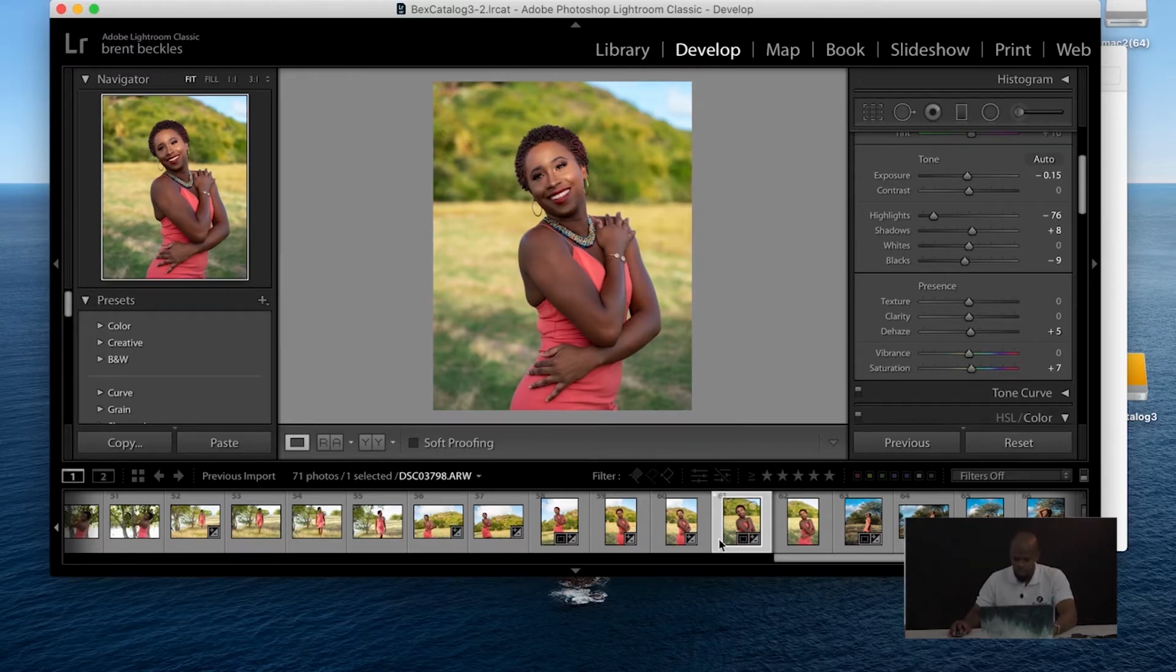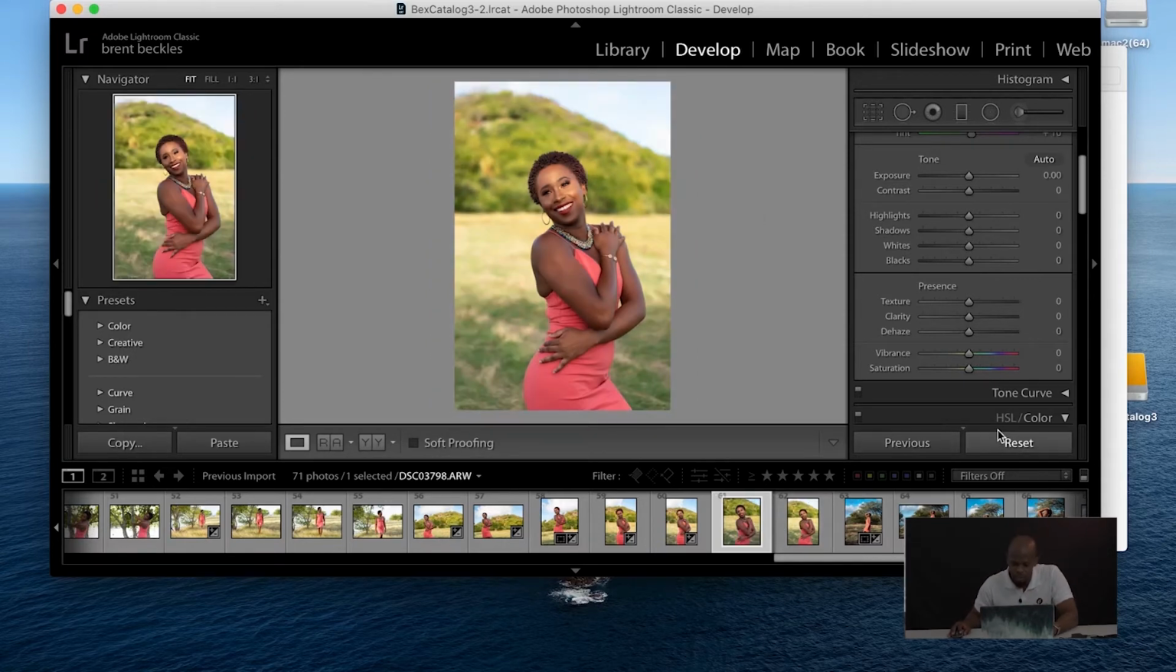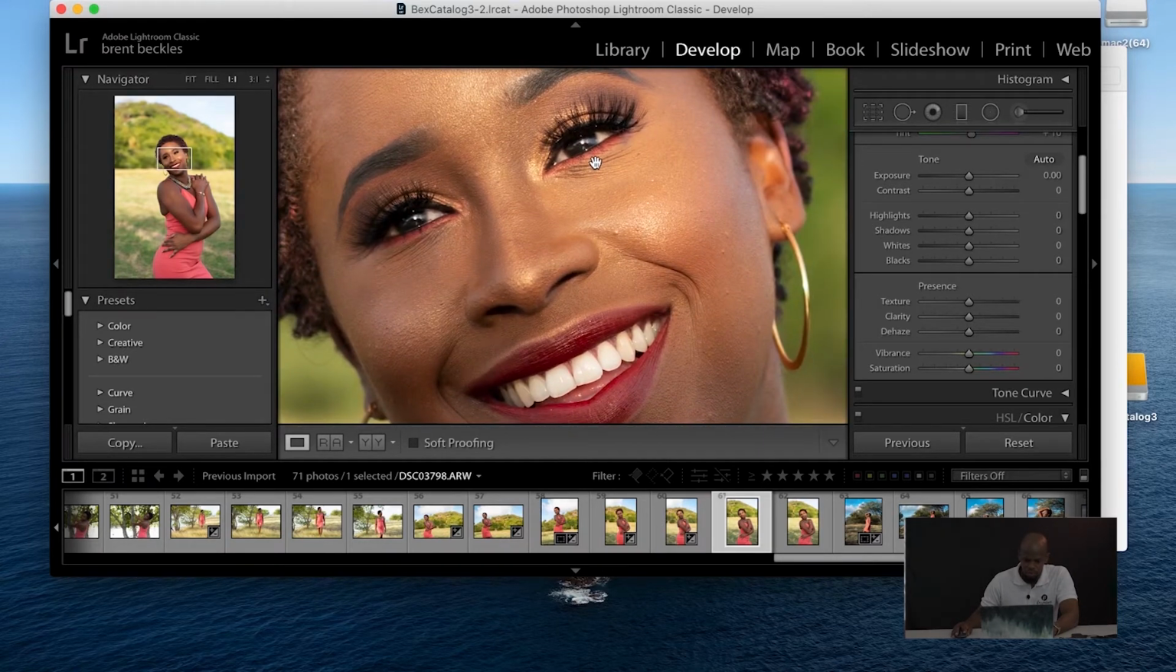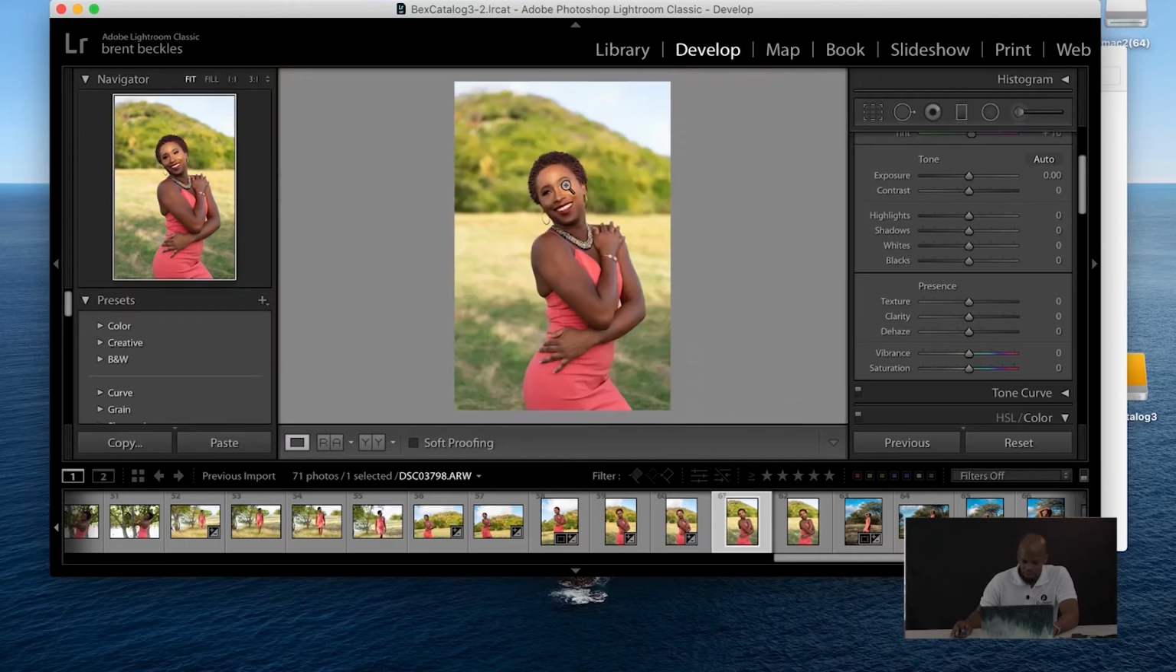So we're in here. I'm going to reset. This is how I got the image. So, all right, you zoom in, you can see that it's sharp, so it's a usable photo and something that the client would like. All right, so